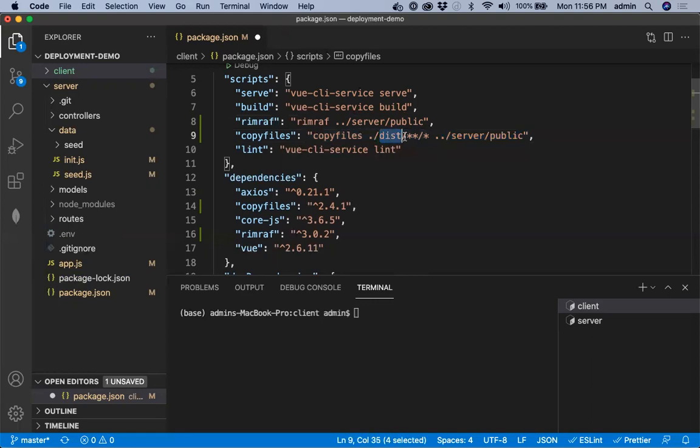I want all the files within dist to be copied directly to server public and not create an extra dist folder here. So -u 1 does that. It just goes up one directory from the matched files and puts it in the output. So let's run it, it'll be clear. If you're using Windows, you can run build followed by rimraf followed by copyfiles. Essentially npm run build.